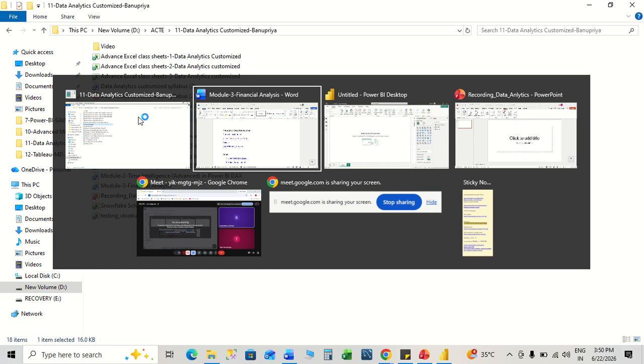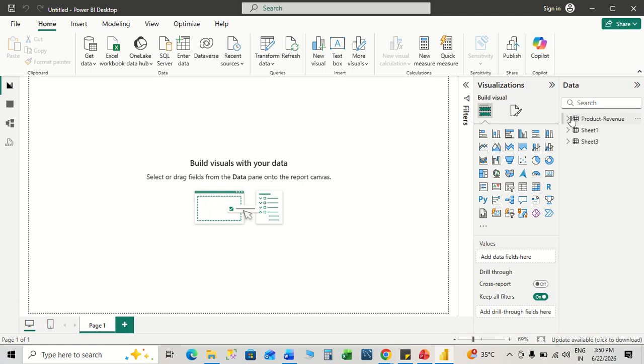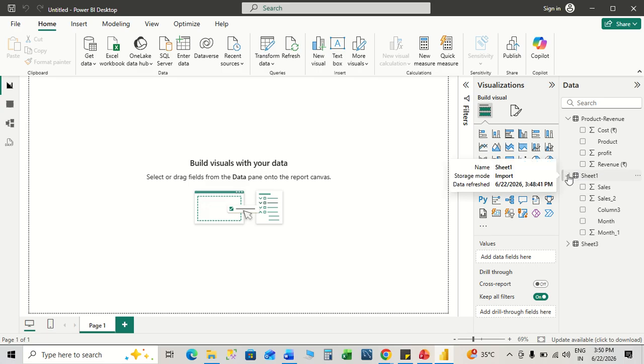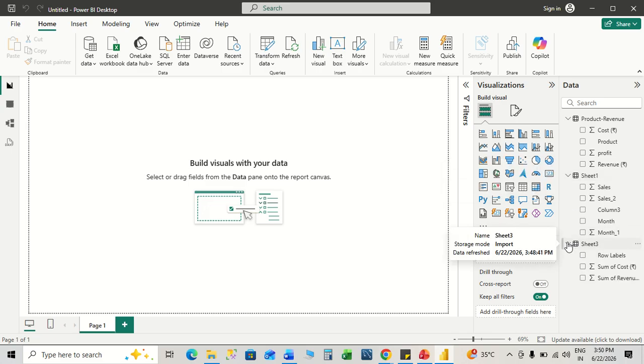So even we can check into Power BI. The data set is already ready. We have cost, product, profit and revenue, and in sheet 2, sheet 1, sales, sales 2, column 1, something like that. Okay. If I go to data table,